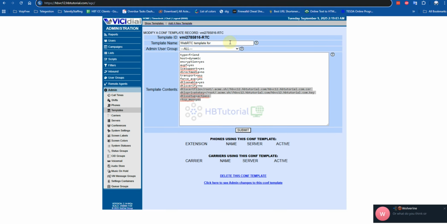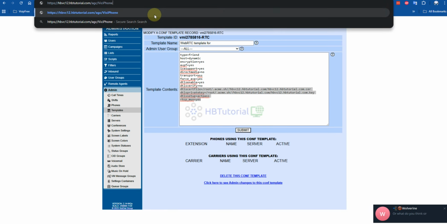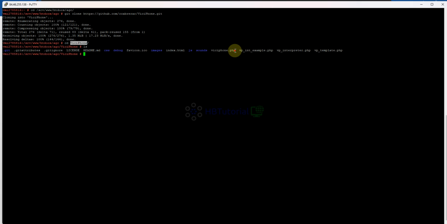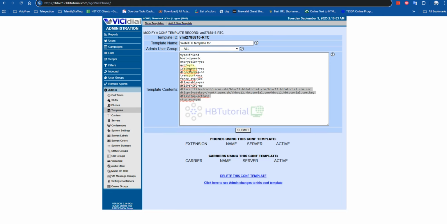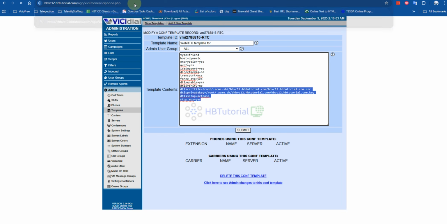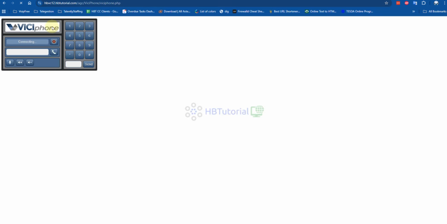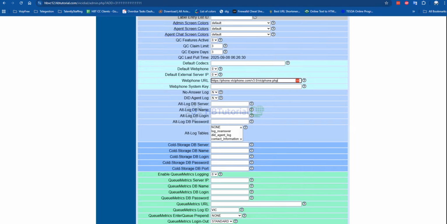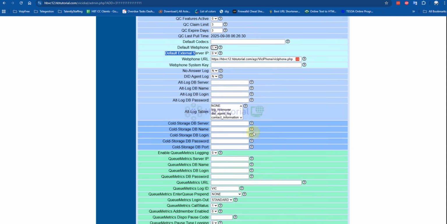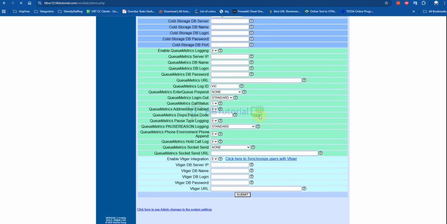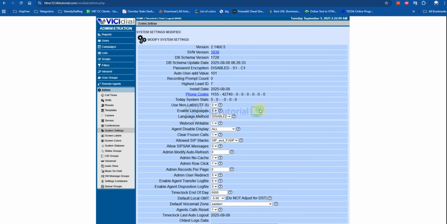So we can check our web phone, so you can access our web phone. You can copy this web phone's link and paste it over here. And then you can set your default to web phone. So once you create a user, it will automatically go to web phone.